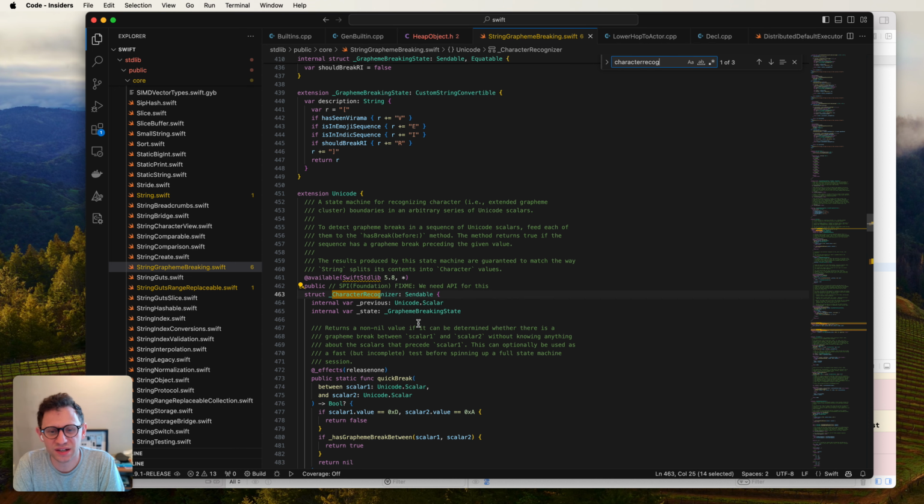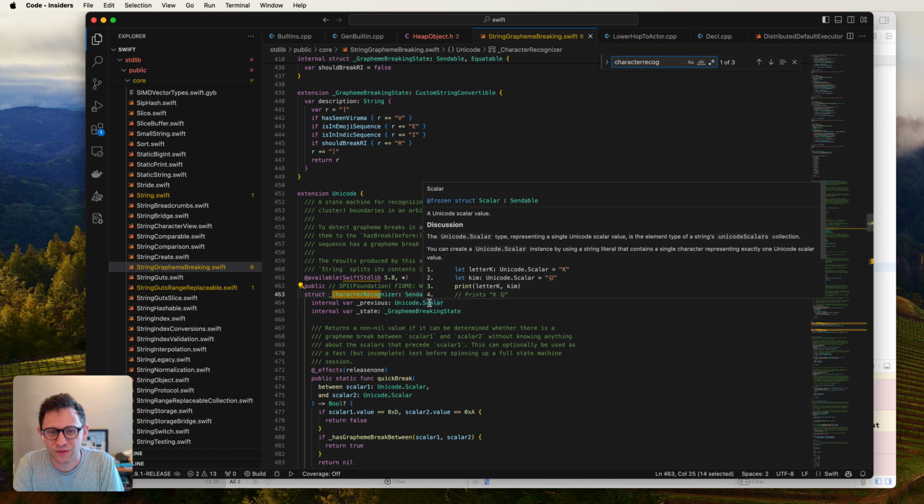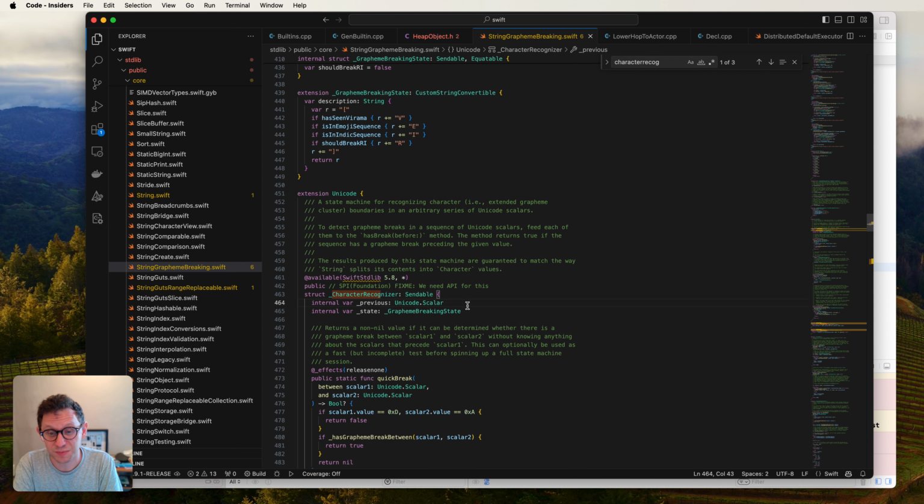But the interesting thing to look at is just to get a sense of what the grapheme breaking state is. Even just looking at this, right? The character recognizer has whatever the most recent code point that we brought in, and Swift calls these Unicode scalars rather than code points. A Unicode scalar, I'm not going to explain this, but I will define it. A Unicode scalar is basically a Unicode code point from anywhere in the code space besides the set of code points that represent leading and trailing surrogates, which is